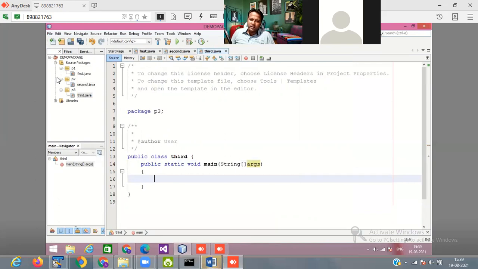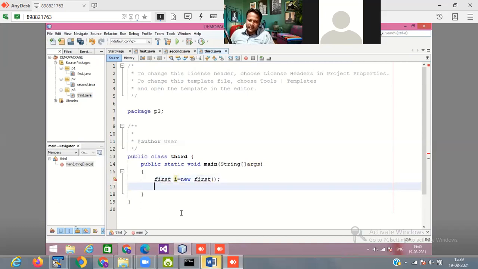For calling the function, first you have to create an object of the class. So here I define first, object i equals new first. So I'm creating an object of the class.